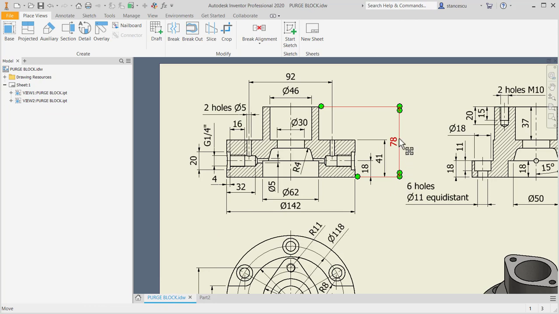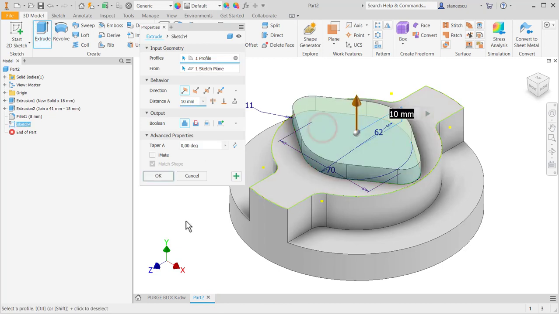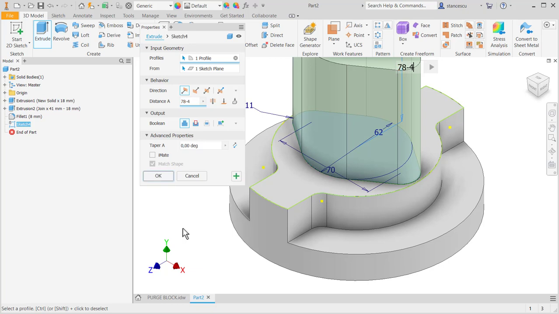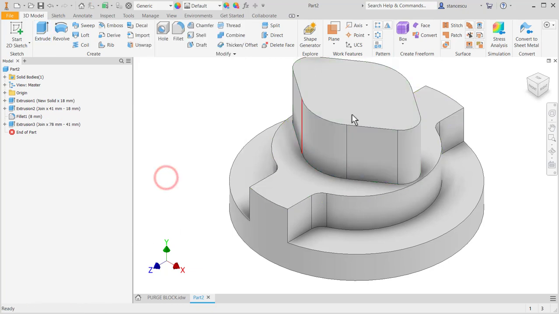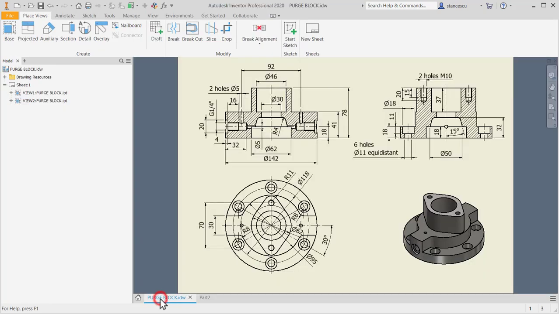The height is 78 minus 41. Extrude 78 minus 41. Okay. F6. And now let's create this